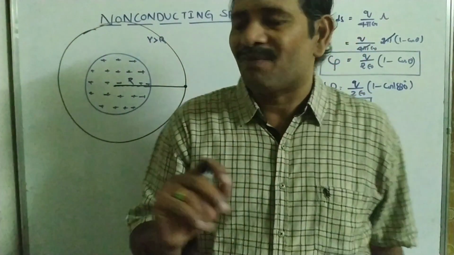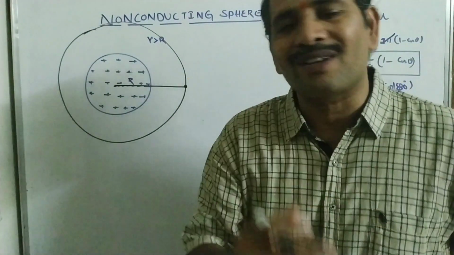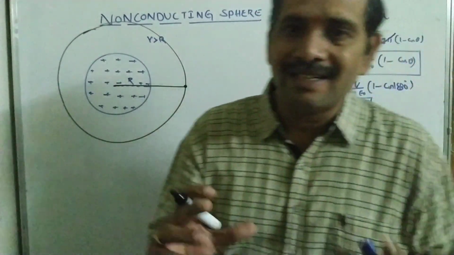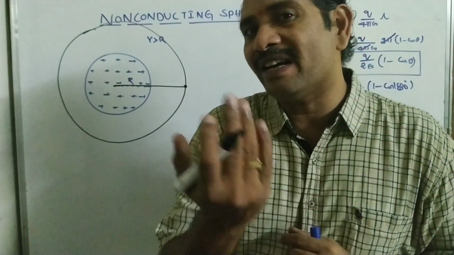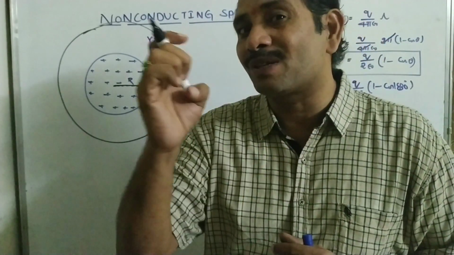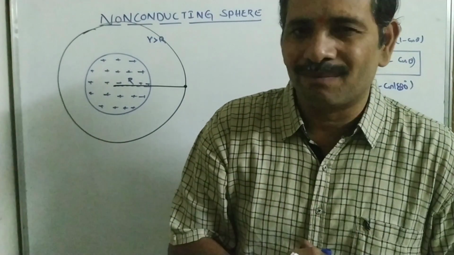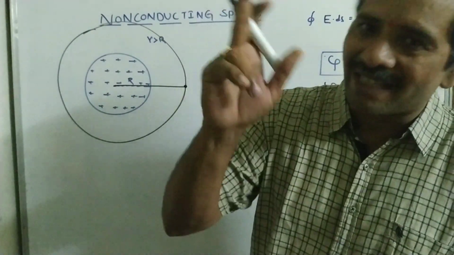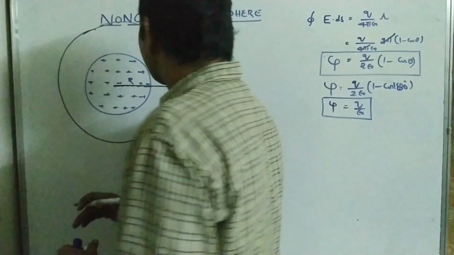Sir, you are considering the Gaussian surface as a sphere. Why not another surface? If I imagine a cube or a cylinder, it won't be equidistant from every point, then the field is not constant. If the field is not constant, we can't bring the field outside the integral, and we get a non-uniform field, which is difficult. That's why for a cube we consider a cube, for a sphere a sphere, for a cylinder a cylinder, to get a uniform field.